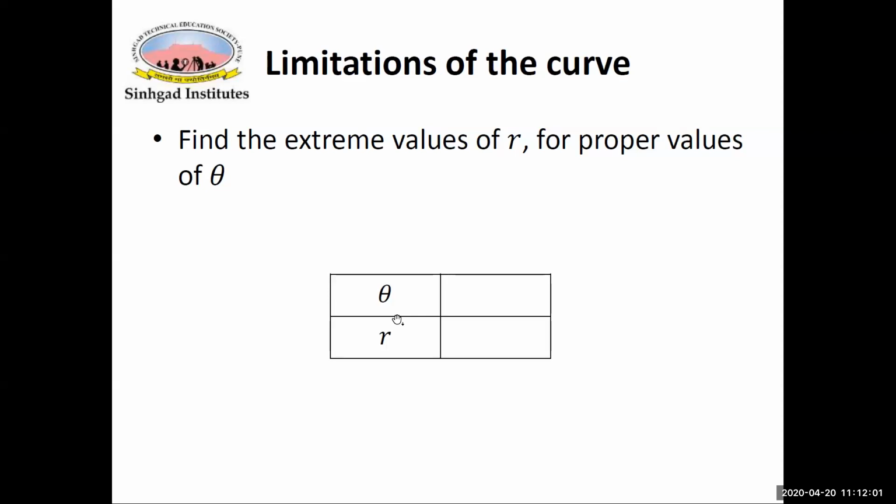So the limitations of the curve will indicate the region of existence of the polar curve. The number of points to remember for the polar curves is very small. First is symmetry. Second, passing through the pole. If it passes through the pole, then find the tangent at the pole. After getting the tangent at the pole, to determine its angle, find tan phi and get the value of phi. So these are all the rules for tracing polar curves.